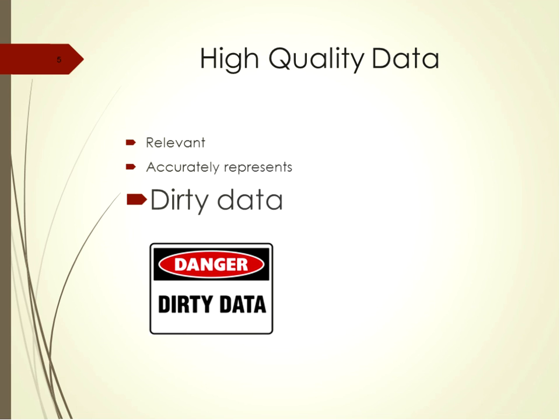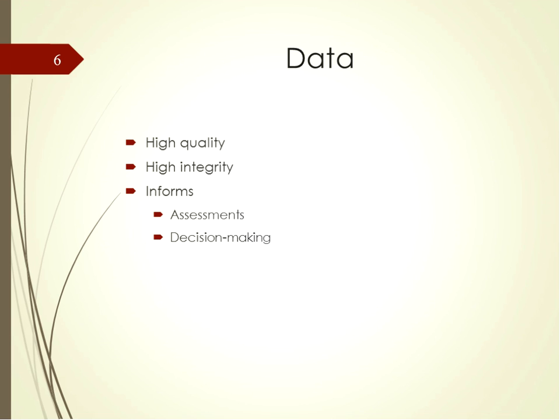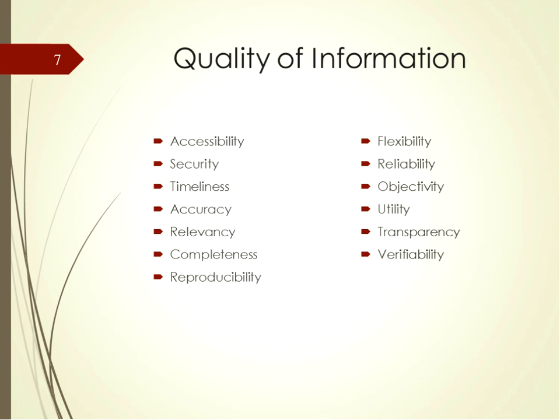If researchers had used the original data to define the population as 50, they would have drawn the conclusion that tongue cancer was an epidemic. This would result in flawed information that is not meaningful. It is important that data be clean if the goal is quality information. The data that we process into information must be of high quality and integrity to create meaning to inform our assessments and decision making. To be valuable and meaningful, information must be of good quality. Its value relates directly to how the information informs decision making.